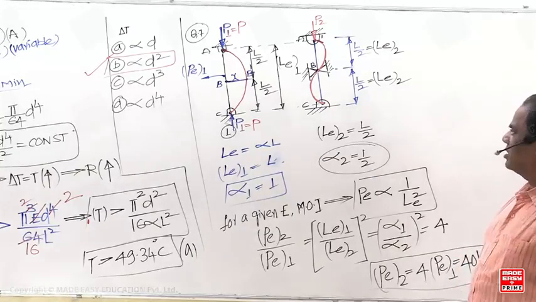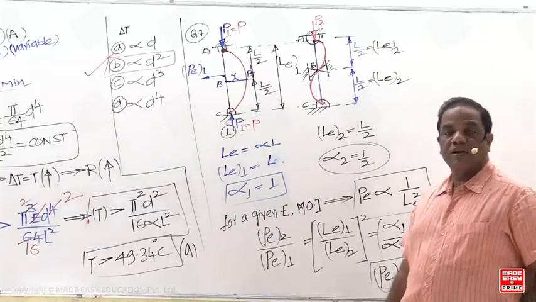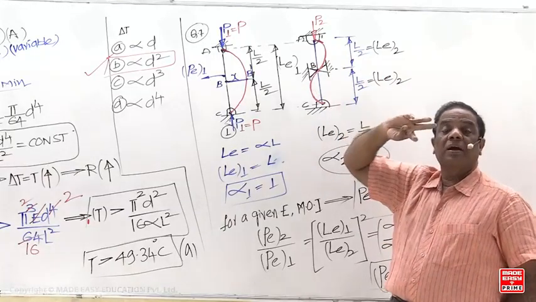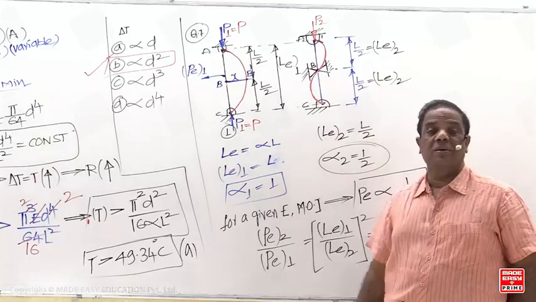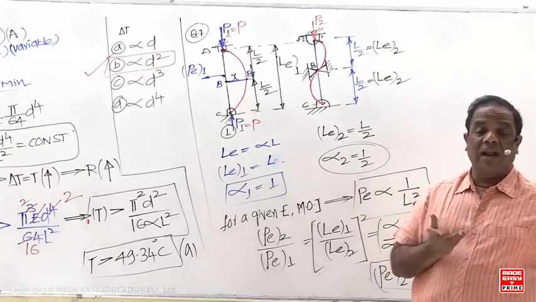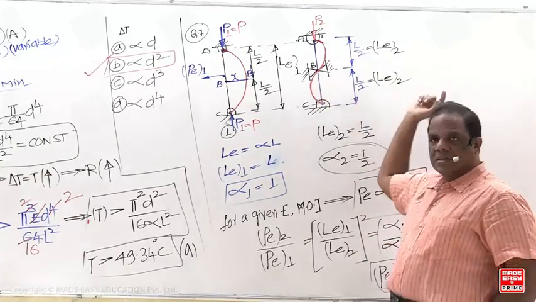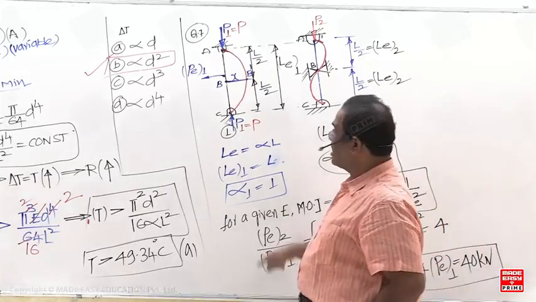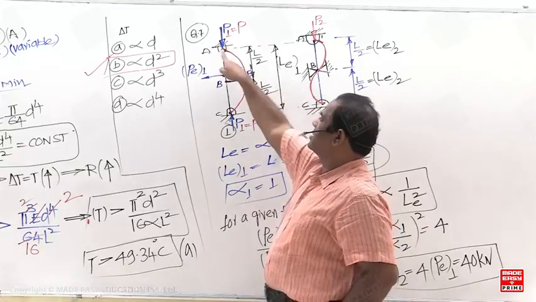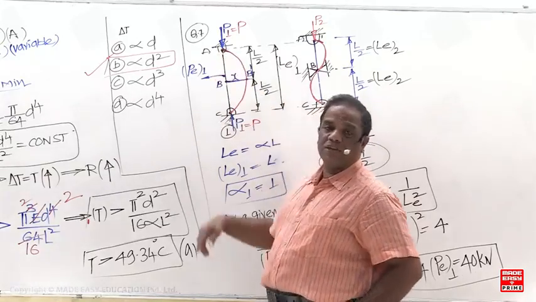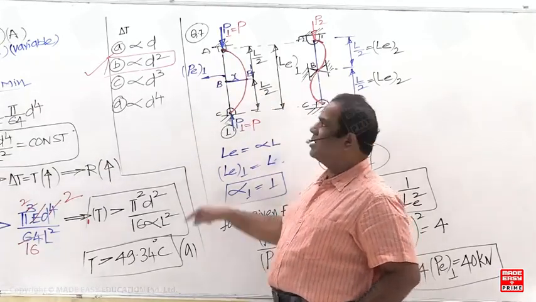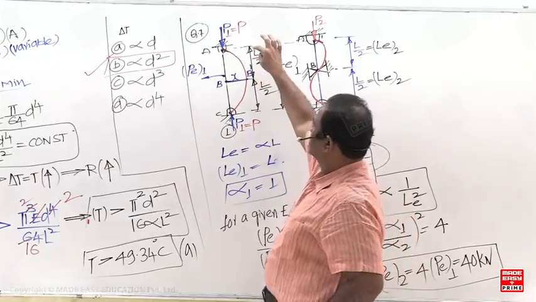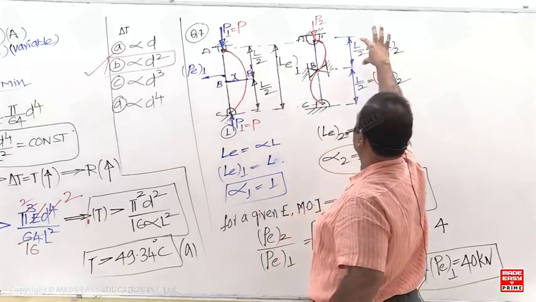Exactly at mid height it is restricted. Sir, why have you taken hinge supports, why not fixed support? Fixed support is compulsory when rotation should be restricted. I need only lateral movement to be restricted, so I have to use the hinge support. So the effective length is the distance between the two points of contraflexion. Point of contraflexion means the point of inflection you have studied. Here the shape of the curve changes. This is the effective length, therefore it is going to be L by 2.